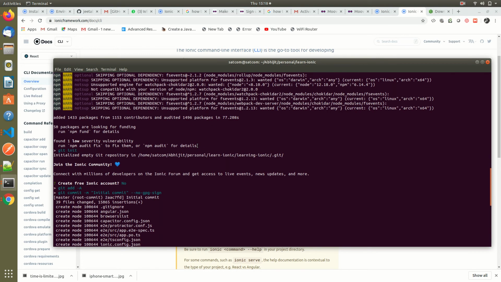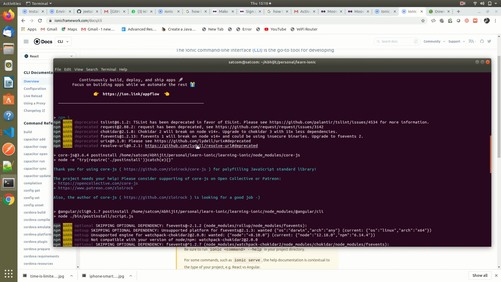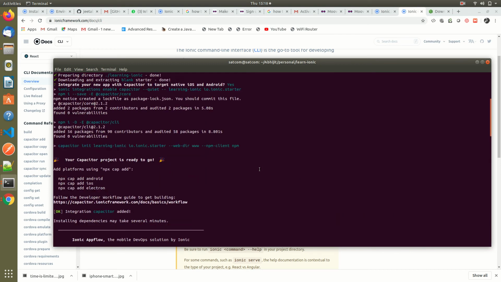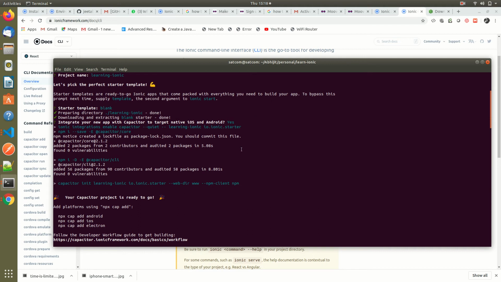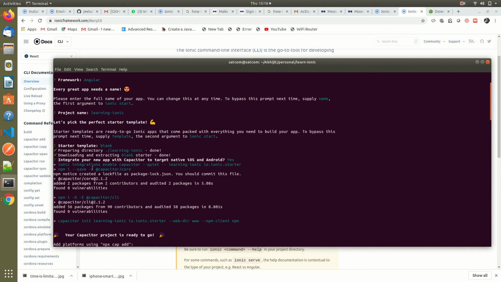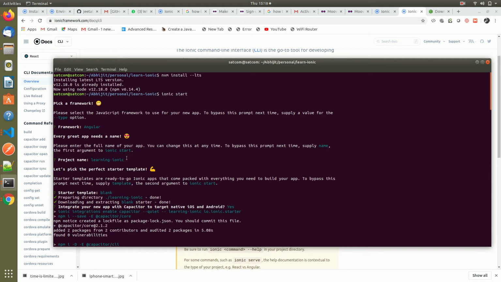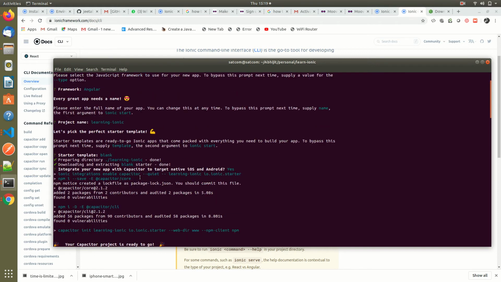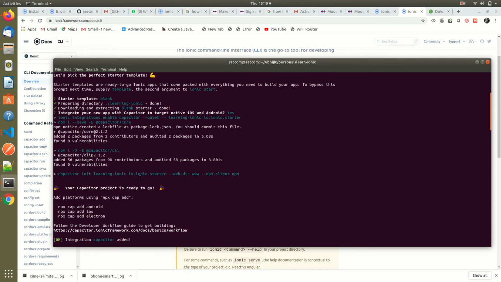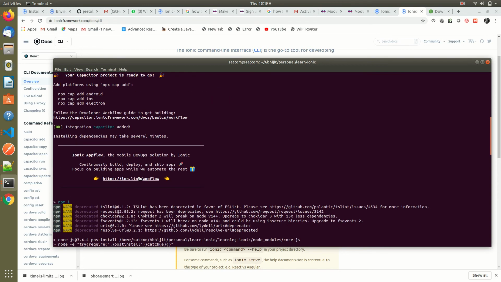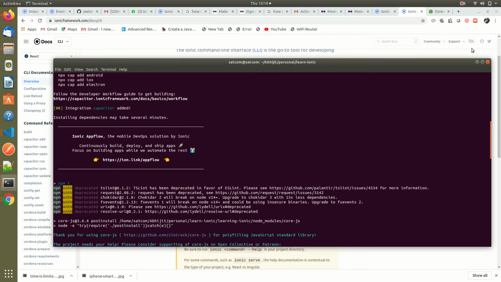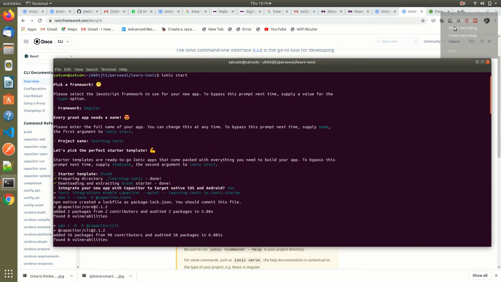Okay guys, so here it is completed. One thing I just want to tell you: at the time of downloading this project template, it will ask you to integrate your new app with Capacitor and target native iOS and Android.